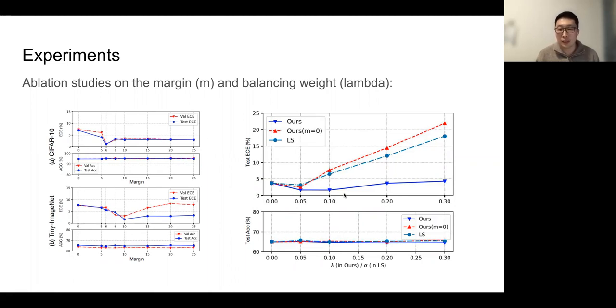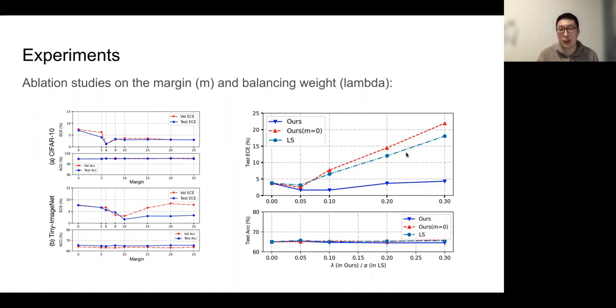And on the right, it shows the effect of changing the balancing weight. We can see in these figures that our method is very robust to the balancing weight. But for the label smoothing loss, or our loss when the margin is equal to 0, it's not good to use a large balancing weight.